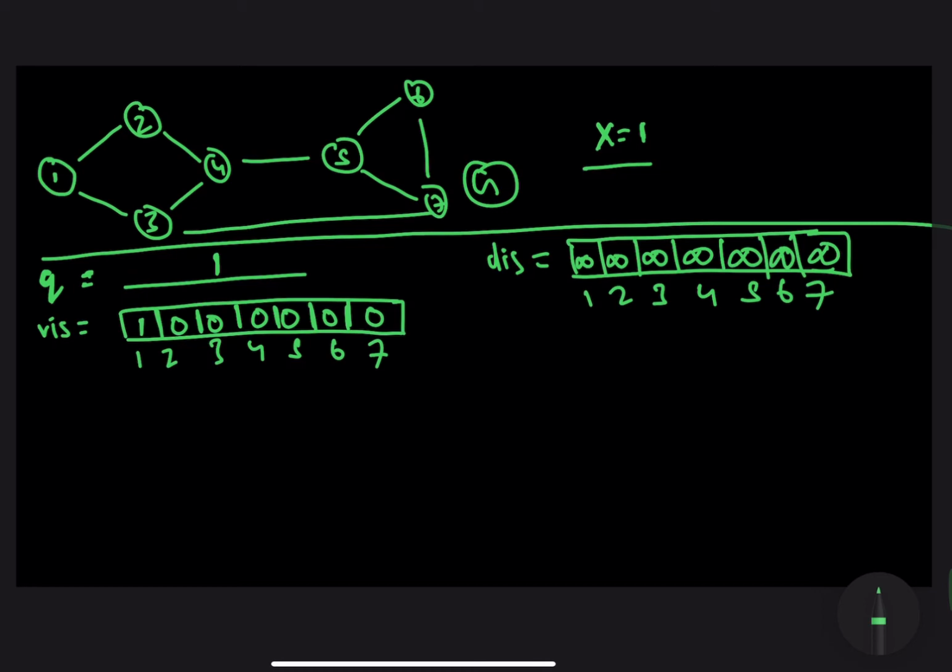Another thing that we need to do is keep track of the distance of all the nodes that have been pushed into the queue. Since x, the starting point, has been pushed into the queue, for accommodating that in the distance array, we would also update its distance, and its distance will be equal to 0. So now we have laid down our base cases as well.